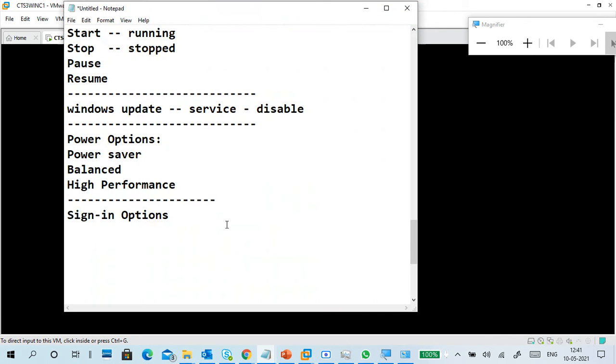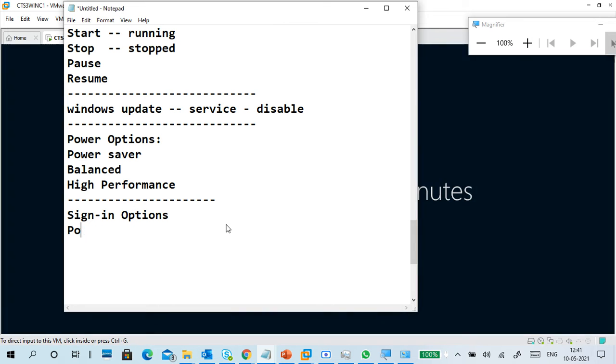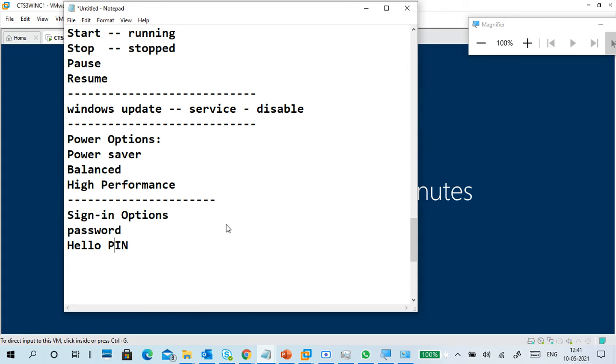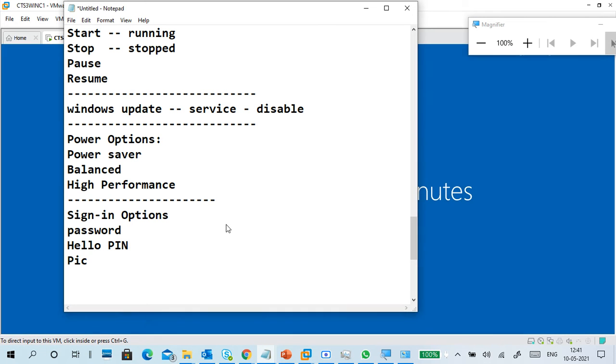So what we discussed, sign in options. One option is password. Next one is PIN, currently it is Windows Hello PIN. Next is picture password.